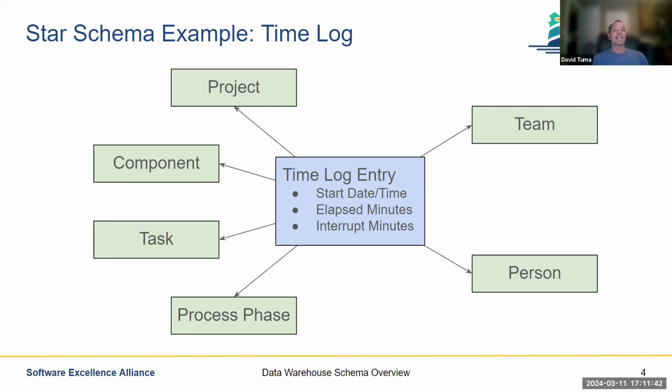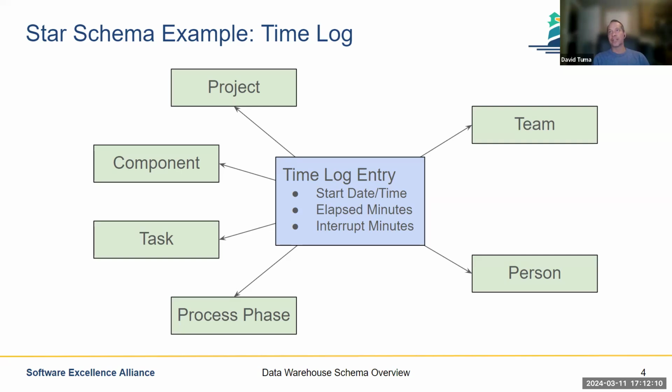So as an example, if I did an unfiltered query, I could sum up the total amount of time logged by every project in the warehouse. I could just say, select sum of elapsed minutes from time log, okay? And maybe a second later, I'd get a number back, and that's the total number of minutes of time log entries in this warehouse. But then if I just add a group by clause and add in the project,